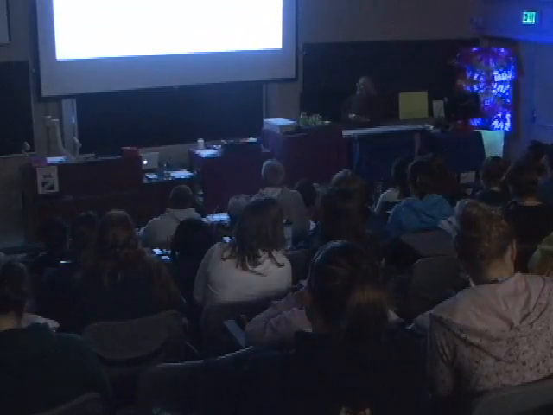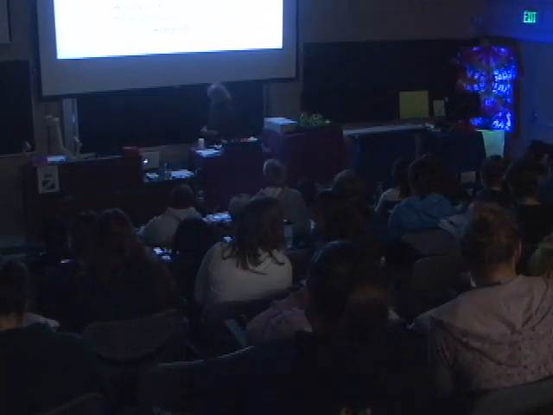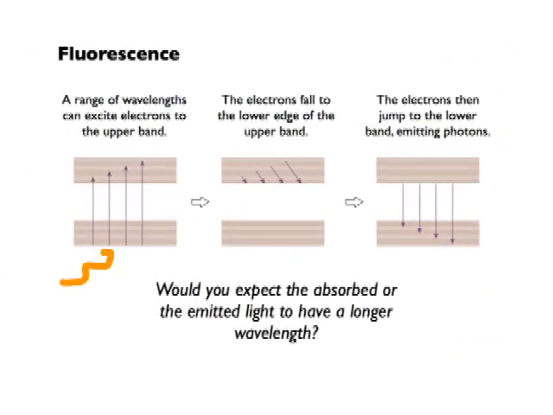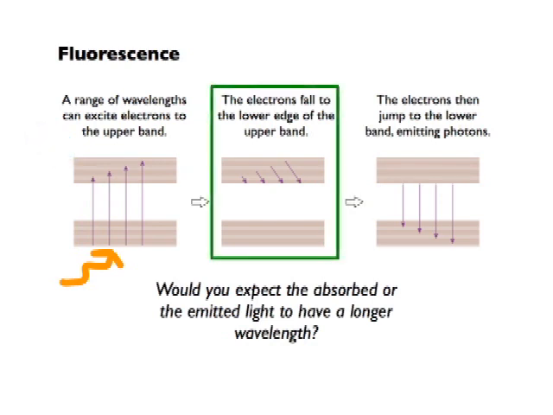Now, if you excite this system with a photon, here's the way it could happen. Hit it with a photon, and knock an electron from the bottom of this band up to this band. It could go from the bottom up to the middle, or further up, or all the way to the top. Now, in certain systems, the electrons can't just immediately jump down to where they came from. There's a bit of a delay involved. It's hard for them to make that transition.